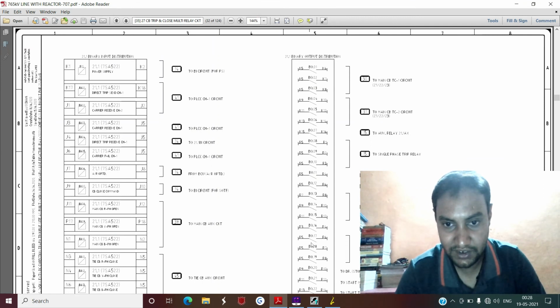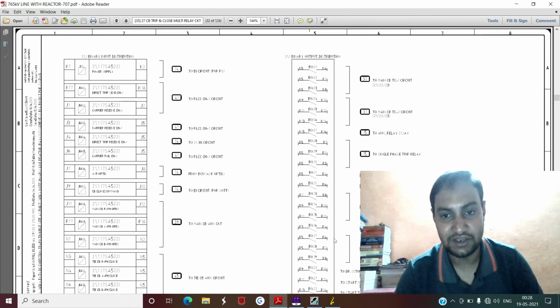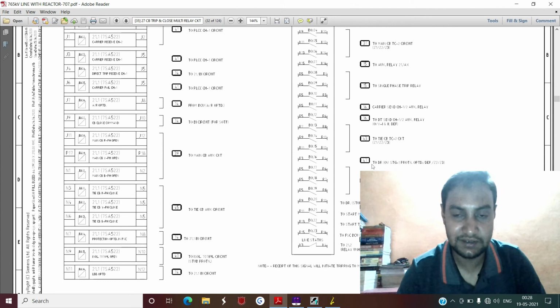If you see here, 17, 18, 19 is for the TIE-CB TC1 circuit. That's why its configuration is also the same. Next is the 16 number output. If you see here, it is configured for your DR, and this is to be configured for the case of over voltage stage 1 and DEF zone 2 and zone 3.